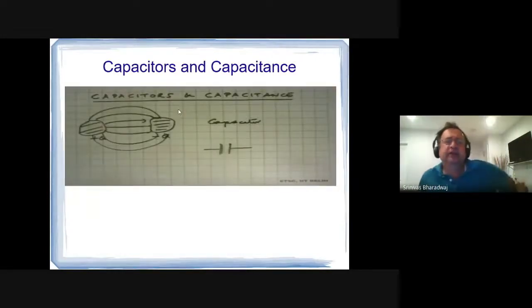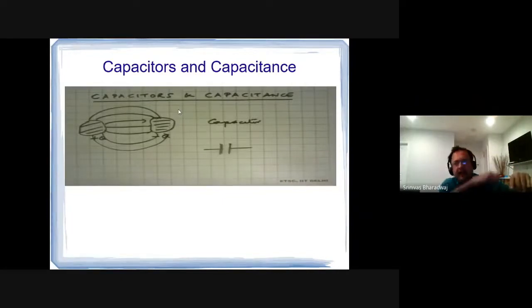Then we introduce the idea of the capacitor, right? The capacitor is a particularly different kind of animal, in that it consists of two plates. When you apply a battery to a capacitor, when you first switch it on, charge builds up on the two plates. Then it reaches equilibrium. So normally, when you switch on the full circuit, what will happen is